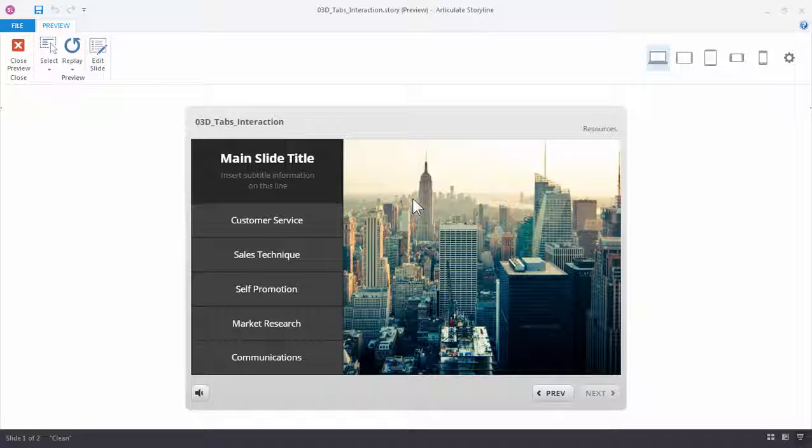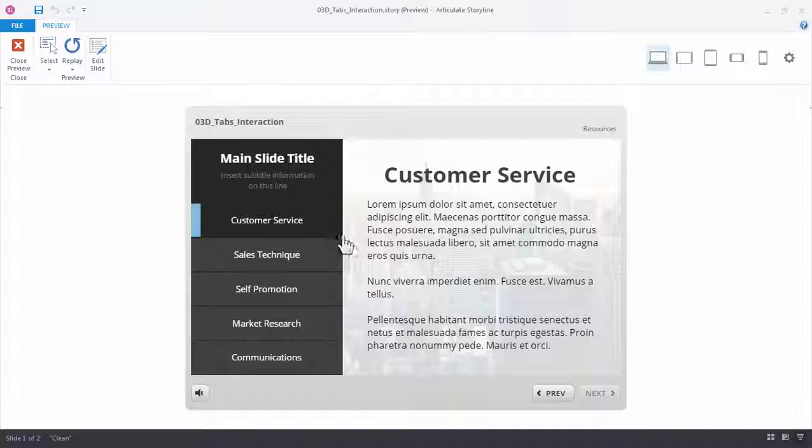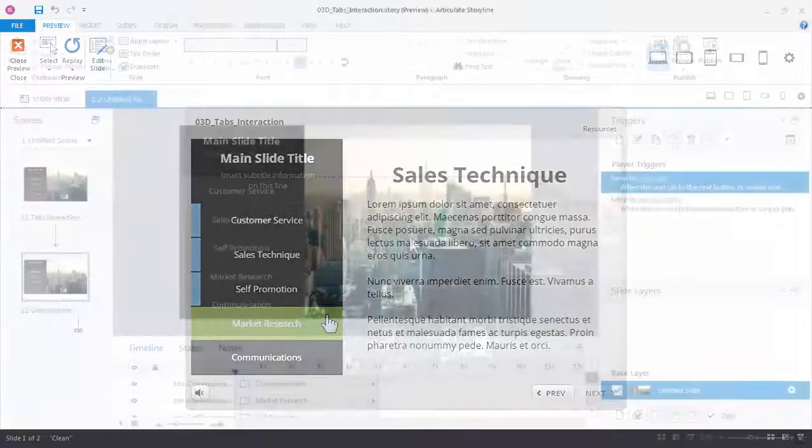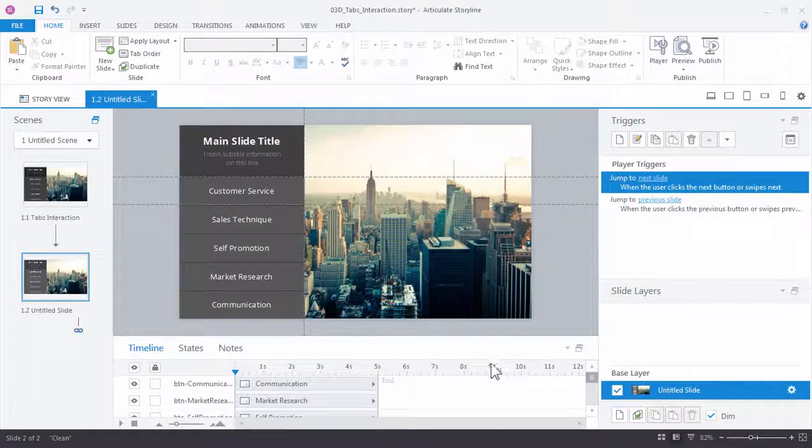Storyline's layers are a powerful way to add additional content and interactivity to your slides and have it only appear when you tell them to appear. And in this movie, we'll work with slide layers to display content for each of the 5 buttons we just created. So let's go ahead and get started by going down to the slide layers panel and click the first